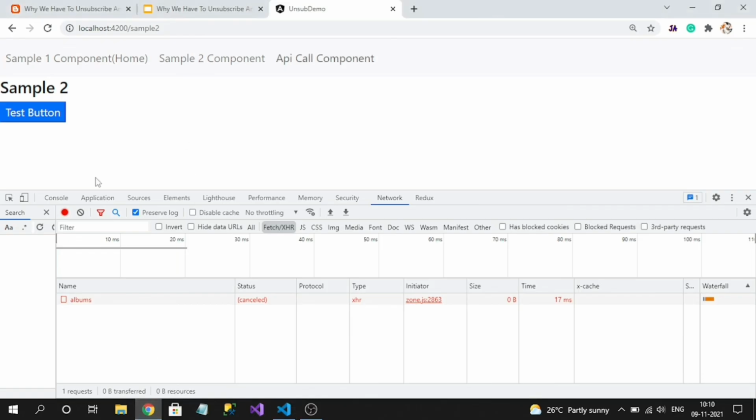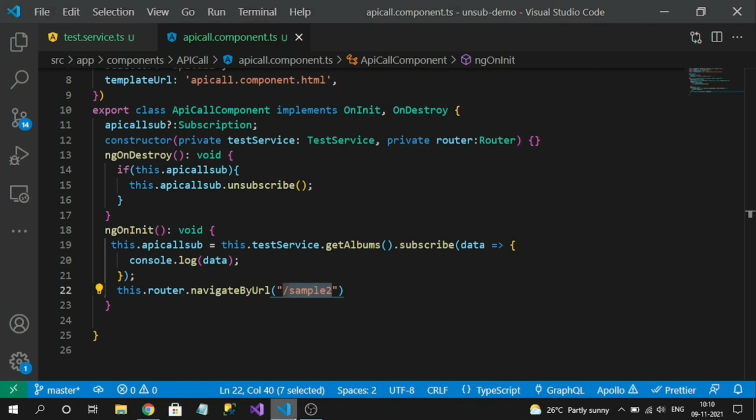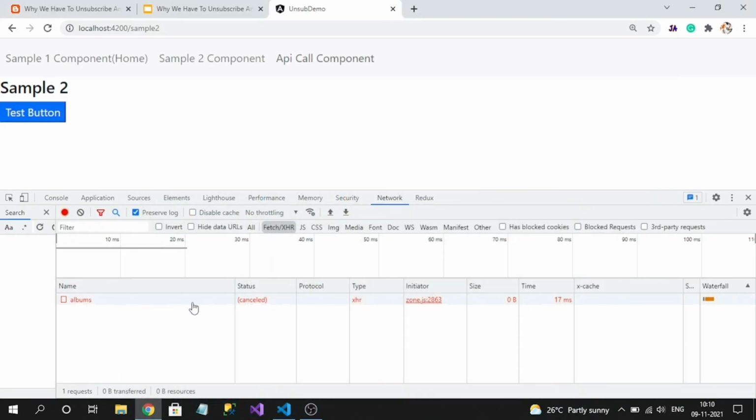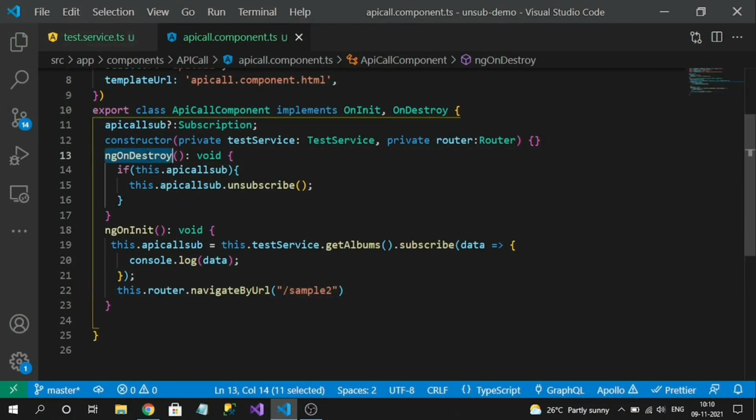That's why we cannot observe it, but we entered the API component and fell back to the sample component. Since I am not staying in the API component, my call gets immediately cancelled because we have unsubscribed here. So that's the benefit of using unsubscribe for HTTP requests as well.